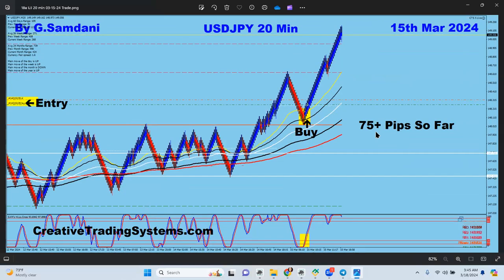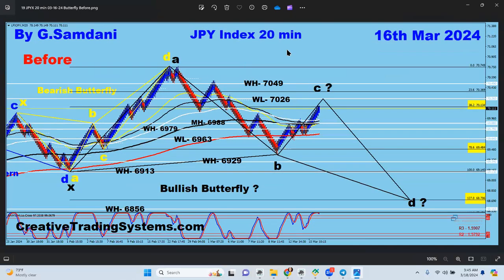Now, what is the case? The case is, this is the new chart that I made. Yen index, 20 minutes. So this was a bad pattern, and this turned into a butterfly, then another bad pattern to the downside. Now, this is what is cooking. Came down all the way here to 78%. It went up to 38%. Now, this is the area. There was another level I forgot to post,